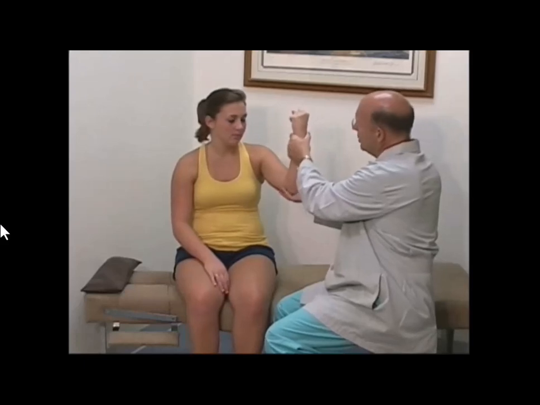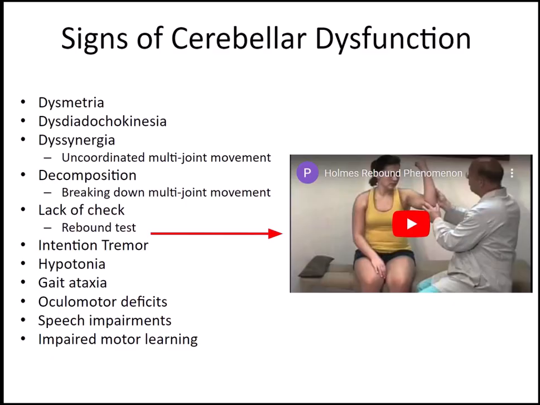Now with your eyes open, I want you to pull, give me some resistance. Good. Okay, now I want you to close your eyes and we're going to do the same thing. Pull real hard, real hard. Good. Okay, with this video, you're seeing the results of a normal test. This is a negative test. A positive test would look like that patient was not able to maintain their elbow on approximately 90 degrees of